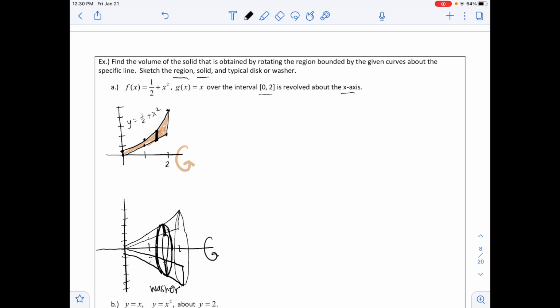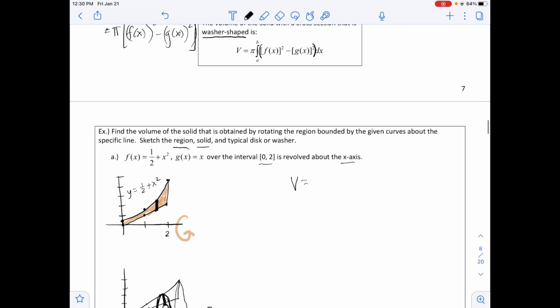And so in order to find our area for this, we would have to do pi times the outer radius squared, minus pi times the inner radius squared. So that's going to be for our area. And then to find our volume, we're going to multiply that by our delta x, or our dx, as we integrate. So the volume is going to be, and the formula is right at the bottom of the previous page,